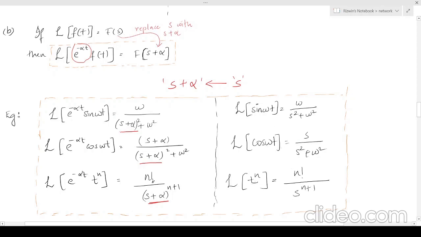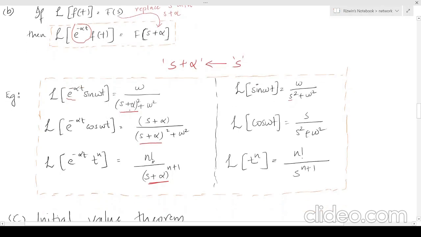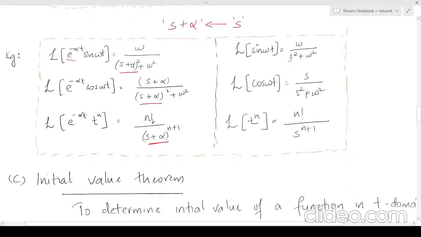Now, when sin omega t is multiplied by a factor of e raised to minus alpha t, we replace all the s in the Laplace by s plus alpha. And this will be how, when we multiply each function like cos omega t and t raised to n by a factor of e raised to minus alpha t, we replace the variable s with s plus alpha as shown in the left hand side. So this will be another